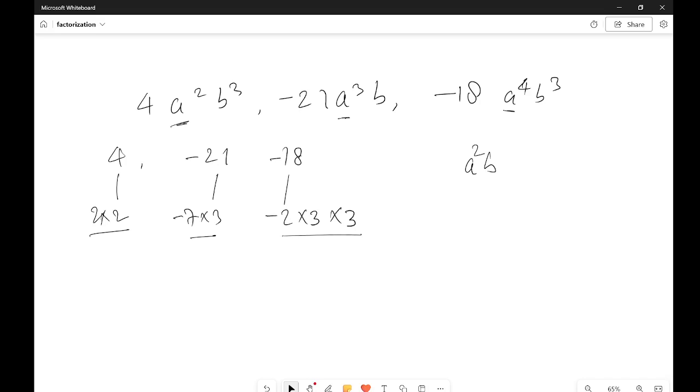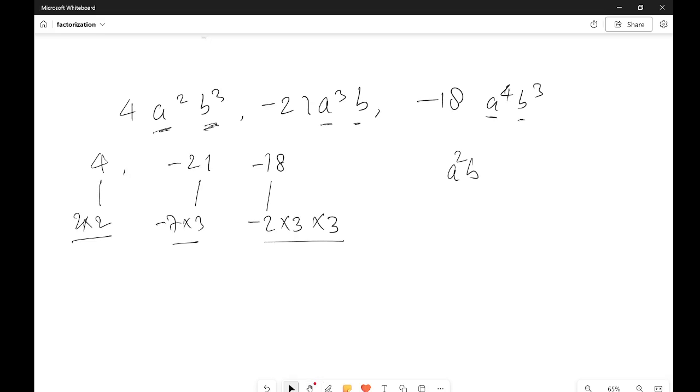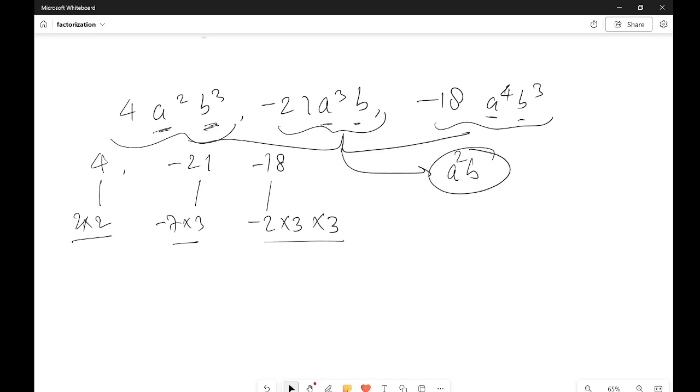Right, now let's see about b. The first expression is b cube, the second expression is only b, and the third expression is b cube. So the smallest one is b. So if I talk about a common HCF for these three expressions, this will be a square b, and since there is no constant here,